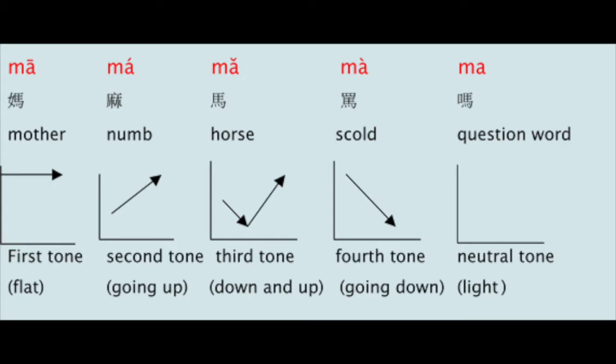tones. Chinese is a tonal language, so if you pronounce the same syllable in a different tone, like a falling or rising tone, it means something a little different. And like this, you can inadvertently call your mom a horse or vice versa. In Indo-European languages, we use tones only in special situations, like to mark a question or emphasize sarcasm or emphasize a word. In Chinese, it modifies the meaning of the word.